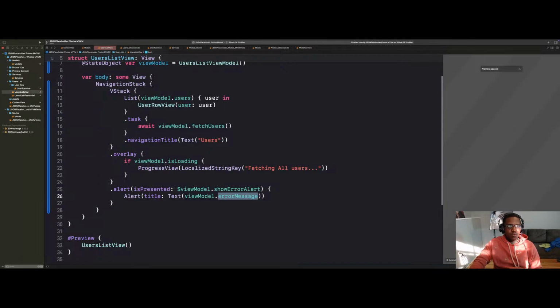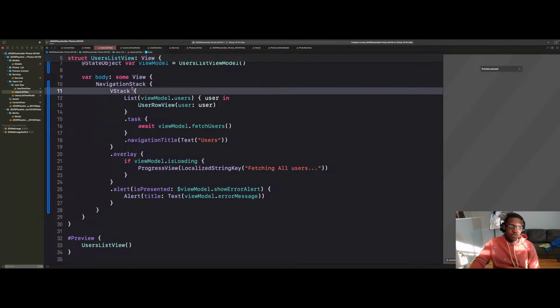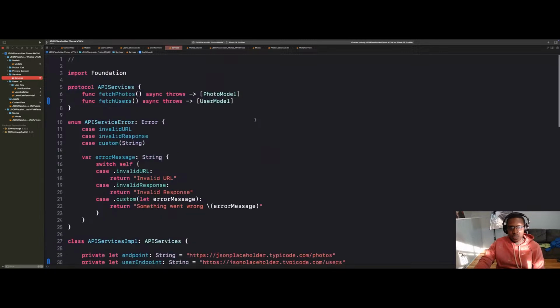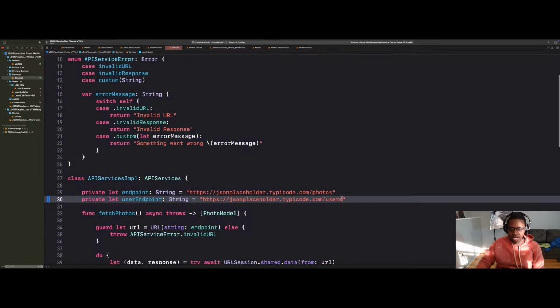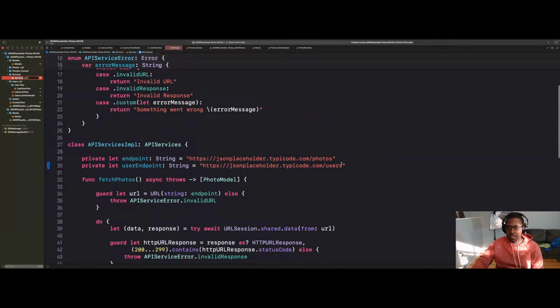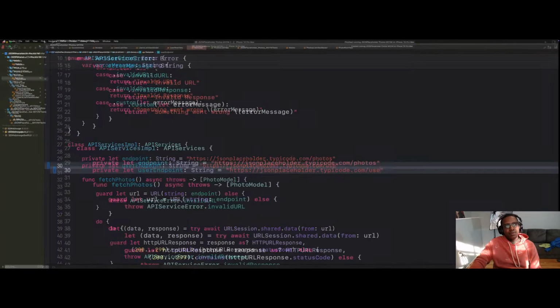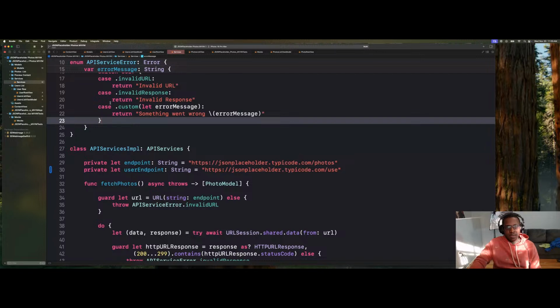So if we run this now, the API isn't going to fail. So we have to find a way to make it fail. So one way is I could just mess up the endpoint. So this is our user endpoint, remember? So I jumped to services and scrolled up pretty much. And I'm just going to remove some letters from this endpoint. And now if I run the app,